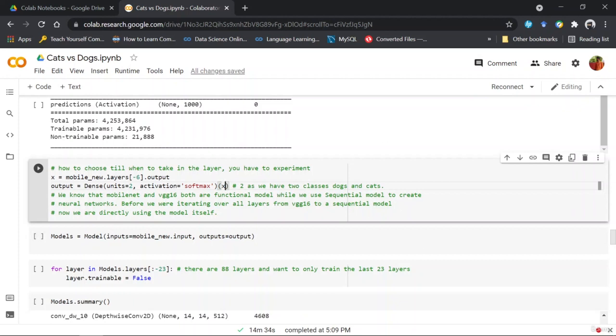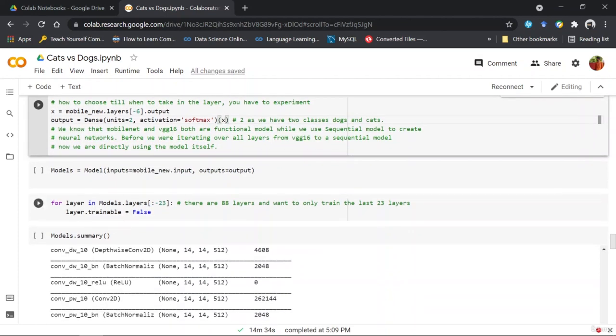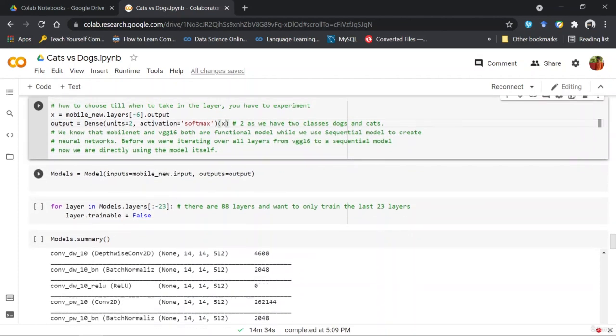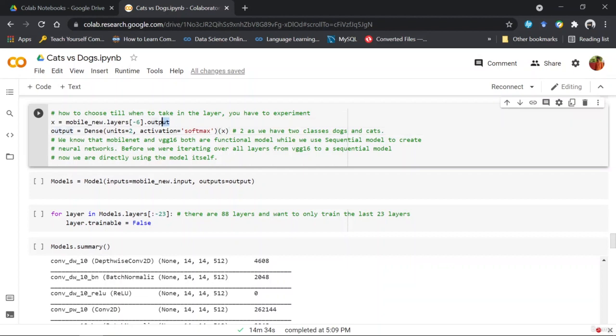What we are doing here is, rather than training all of the layers, we're just taking out some of the layers and training only them. You can see that I have taken this as my input and this as my output, this X.